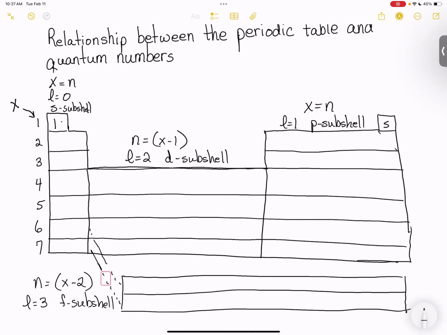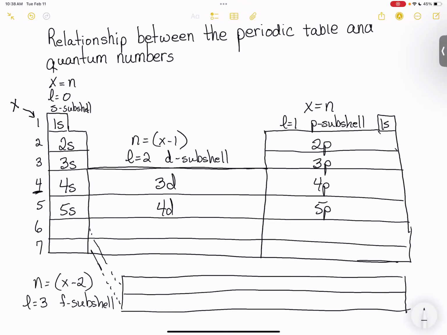So this is the 1S. This is the 2S and the 2P. Again, basically, I'm following the rules. This is the 3S and this is the 3P. The next one is the 4S, but when we get to the transition metals, N equals X minus 1. So this would be 4 minus 1, or in other words, these are the 3Ds. 4P, then we go to 5S, 4D,